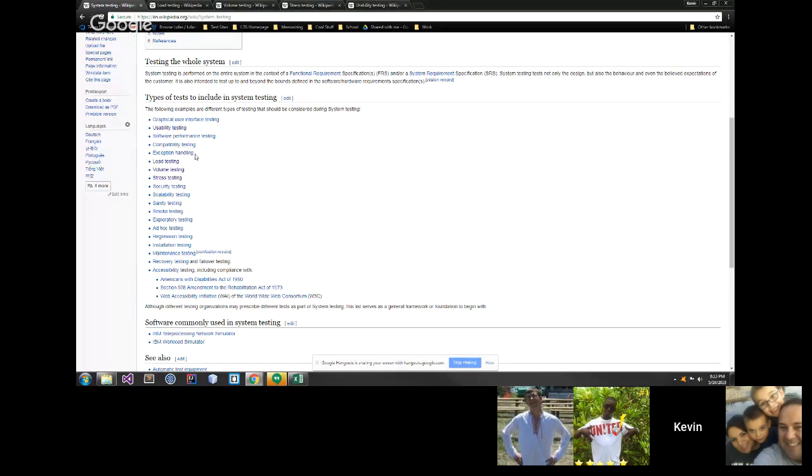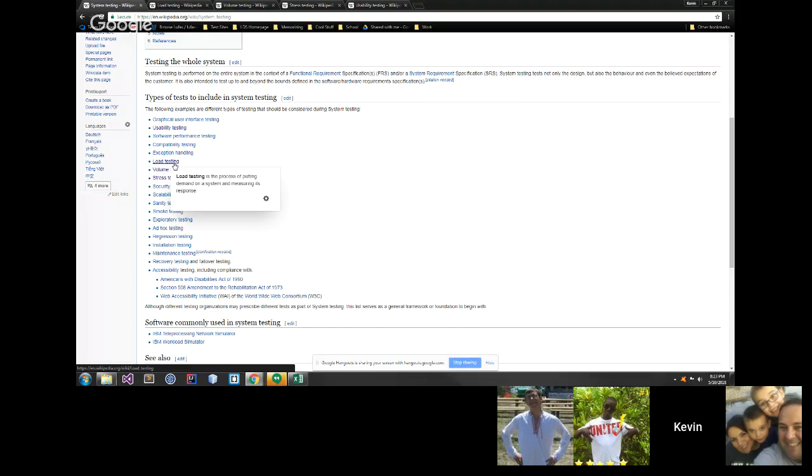You also have exception handling, which actually includes its own language, which is really cool. I've never used it, but it can actually throw just random things at your code, and then it just sees how it responds. Does it catch all the exceptions, or does your software just come crashing down, which is really cool. These load testing, volume testing, and stress testing, I get confused all the time, but they're actually really fun